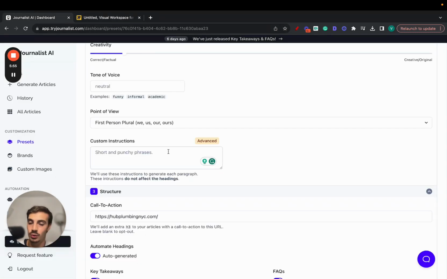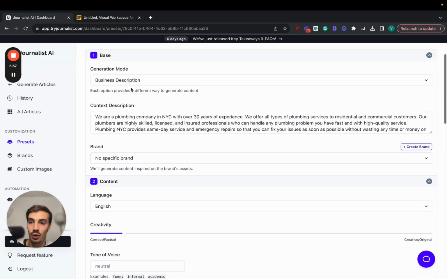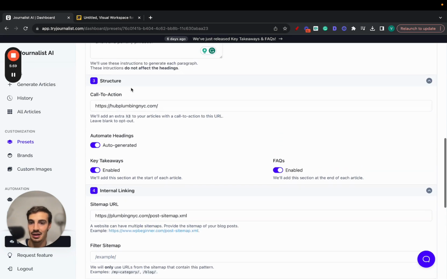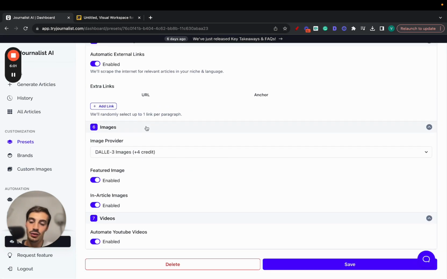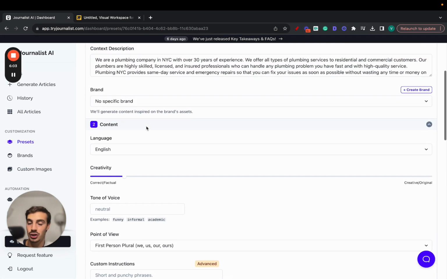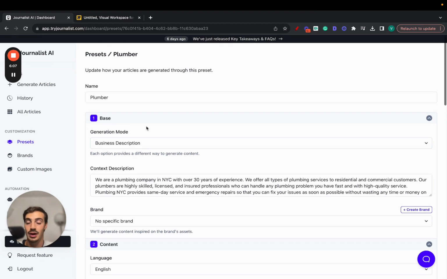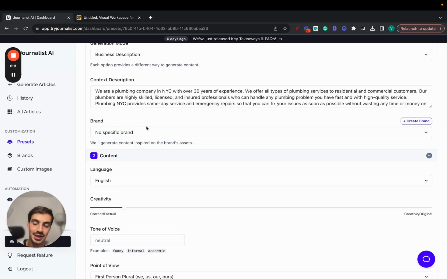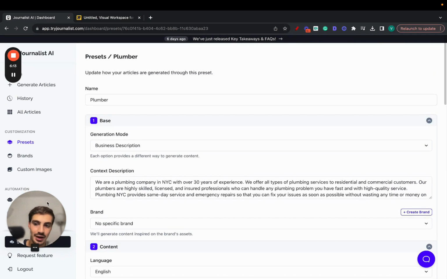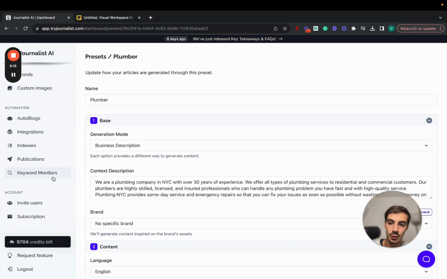And the reason why we do this here, and the reason why we give you all these 7 steps, which in this case I've filled them all out, is to give you the highest level of customization for the articles that you want to generate. So you're able to generate articles for any niche, in any language, targeting any single thing you want. And if you pair this up with the keyword research right here, with the indexing, with the integrations in Autoblog,